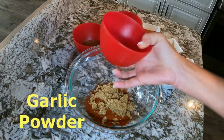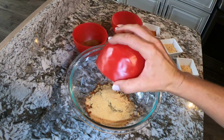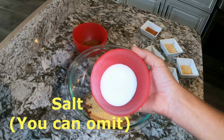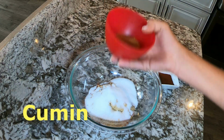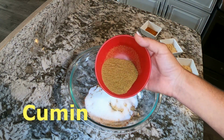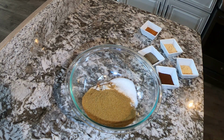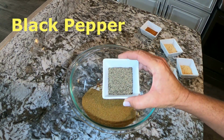a little garlic powder, we are going to add some salt, but you can leave this out if you would like. We are going to add some cumin. Now, if you've never cooked with cumin, this is just a wonderful, earthy, nutty spice, which is actually very good on hamburgers. Black pepper,